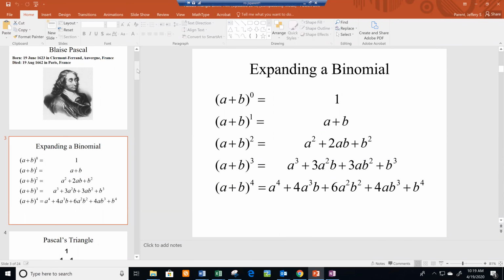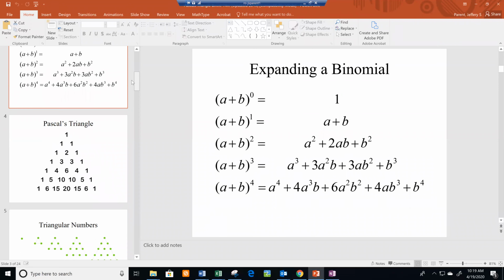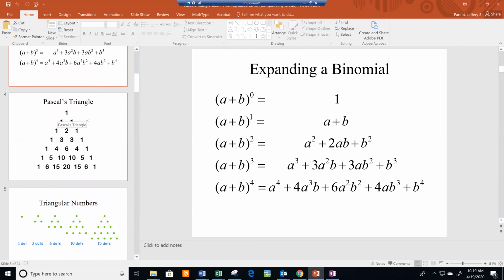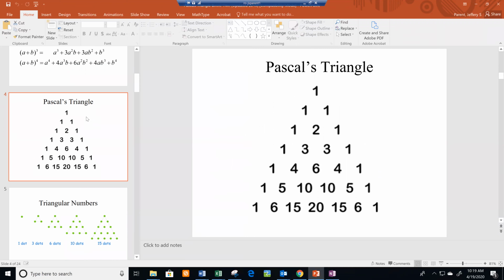And you can start to see that if you strip away all the variables and just look at the coefficients. So let's just look at the coefficients here. These coefficients are Pascal's triangle. So, okay, it's kind of neat. But how do you get from one level to the next in Pascal's triangle? It's a good question. Let's take a look at that and see if we can't figure out a few more